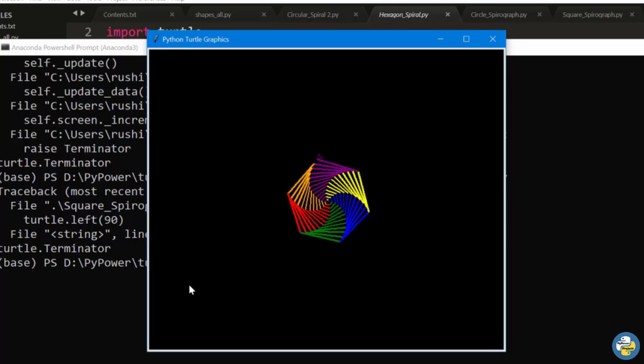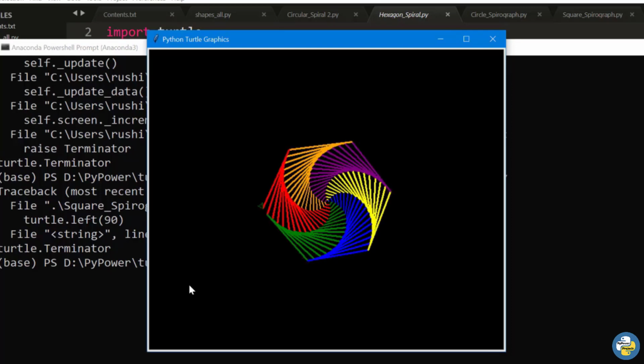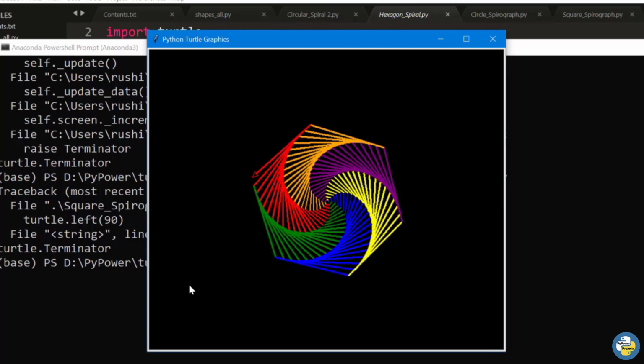You can see that these colors are in systematic format because we are choosing each one by one, and making a rotation of 59 degrees will generate this spiral. Otherwise an exact rotation of 60 will make a single hexagon and it will overwrite each other, so no output will be shown like this spiral.